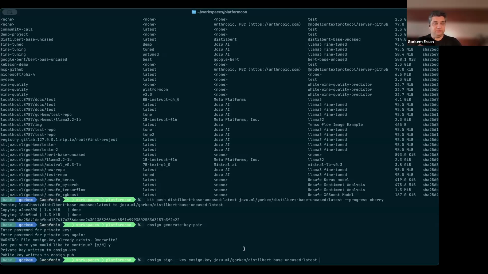Because it needs to push the signature to the registry, I'm gonna give it my username and password. I actually set my username and password to an environment variable so that we don't publicize that everywhere.